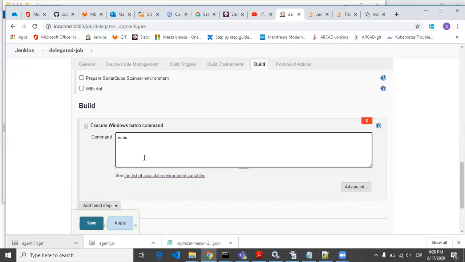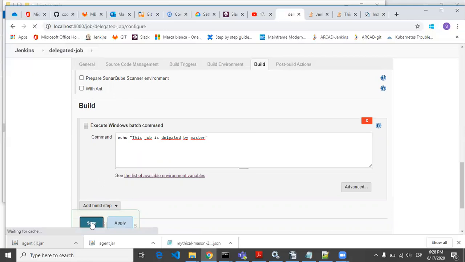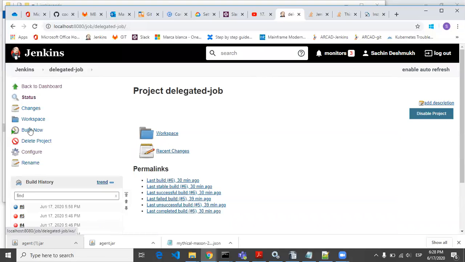Echo, this job is delegated by master, right? So this statement will be printed once we build the job. Save the changes and build it.